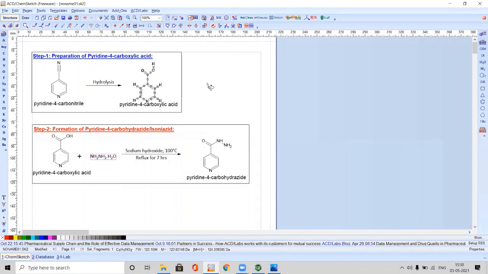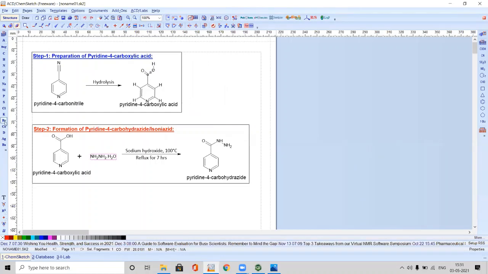We can even optimize the chemical structure also. If we select any chemical structure and click on 3D optimization, automatically by measuring its energy, the software itself will give you this type of 3D structure. So if you want to change its shape, you can select a particular bond, you can change the way the bond looks, the position, whichever you need. It's up to your wish. And like that, so many options are there here.